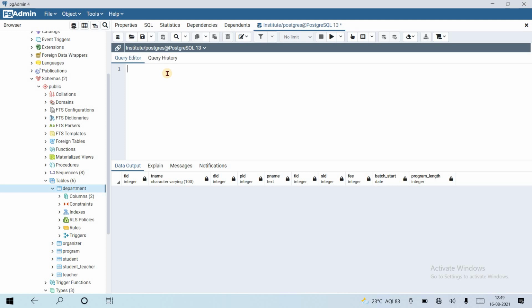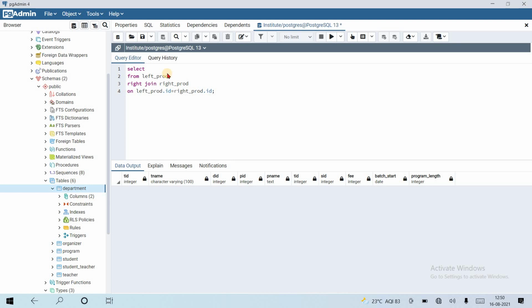Suppose we have a left product and a right product table. So to connect these two tables: from left product right join right product on left product dot id equal to right product dot id.